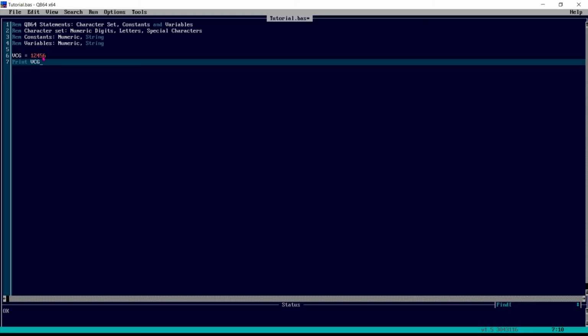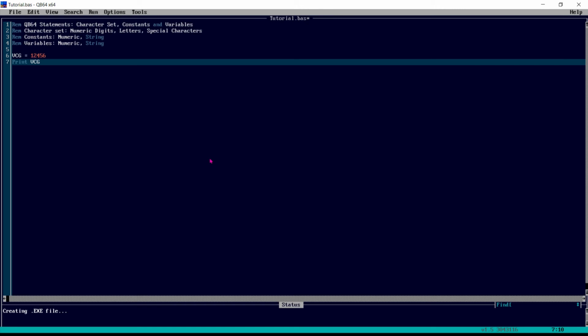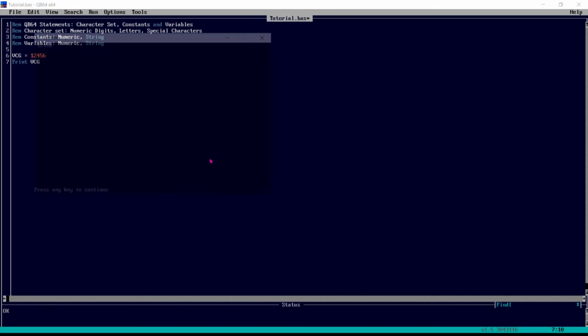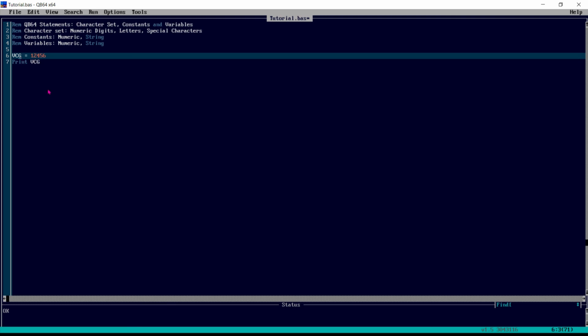We don't want to print the text, we want to print VCG, so whatever the value of VCG is, it should print that value. Let's execute. Got it? In this program, VCG is one variable and its value is 123456, and we are printing VCG. So it is printing the value. This is an example of a numeric variable.